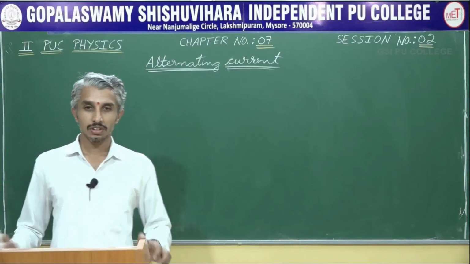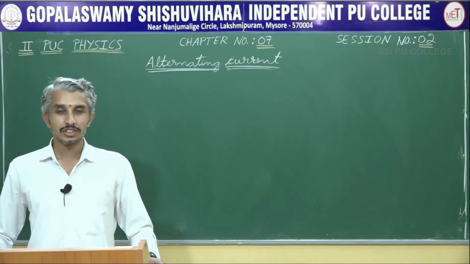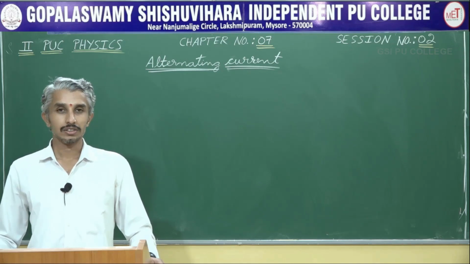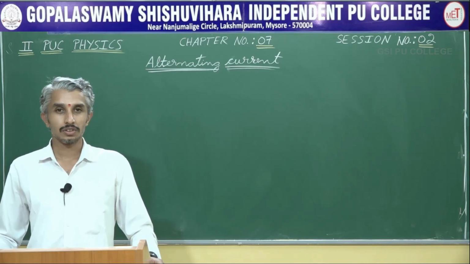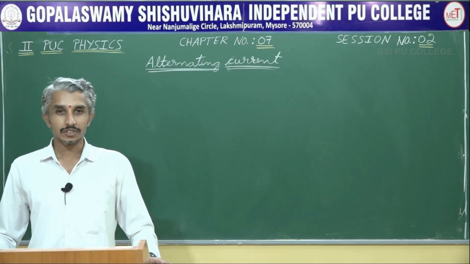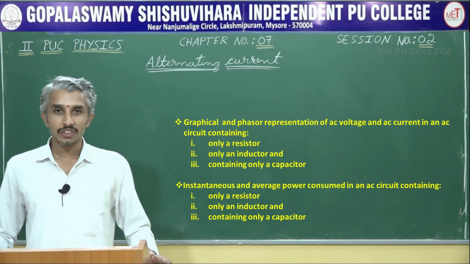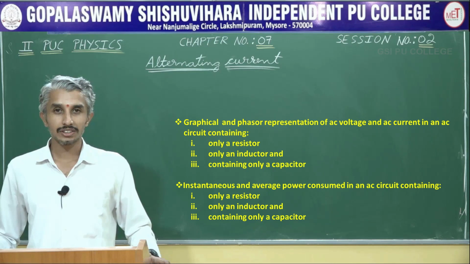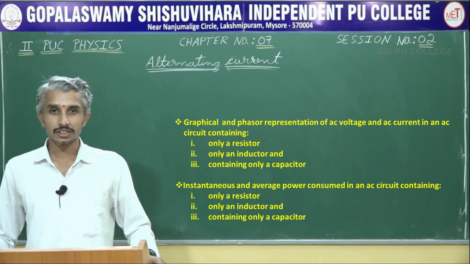This is session 2 of chapter 7, alternating current or AC. In the previous session, we had derived the expressions for instantaneous current in an AC circuit for a resistor, for an inductor and for a capacitor. Using those expressions, we will be making a graphical representation of instantaneous voltage and instantaneous current in an AC circuit. Also, we will be learning to draw AC voltage and AC current in terms of phasors or in a phasor